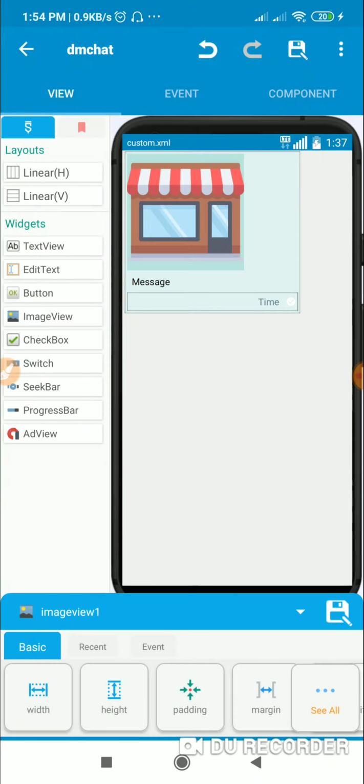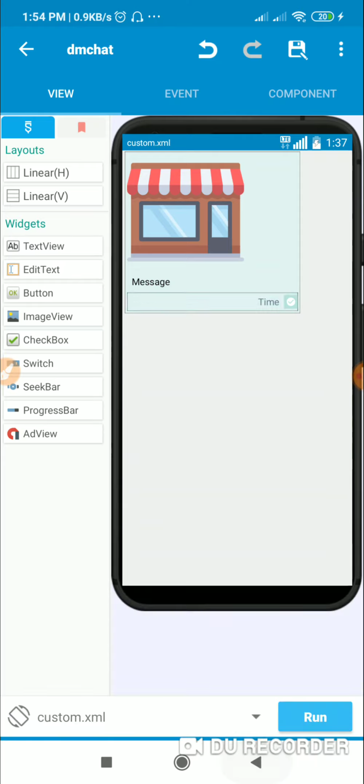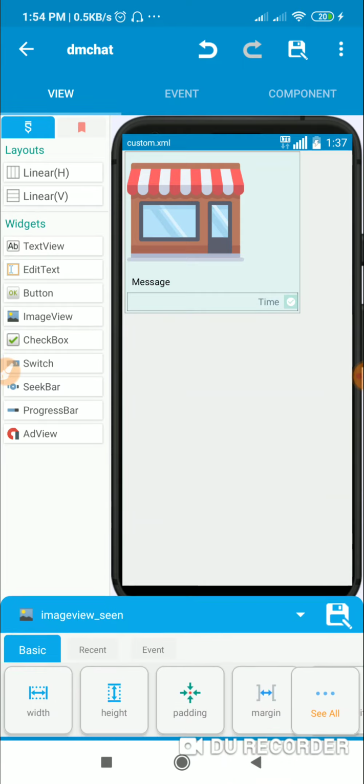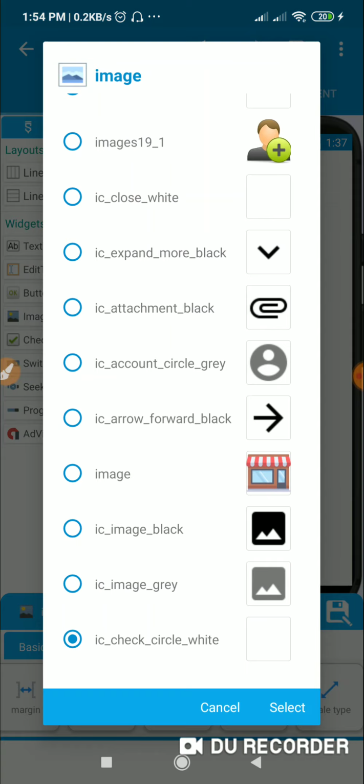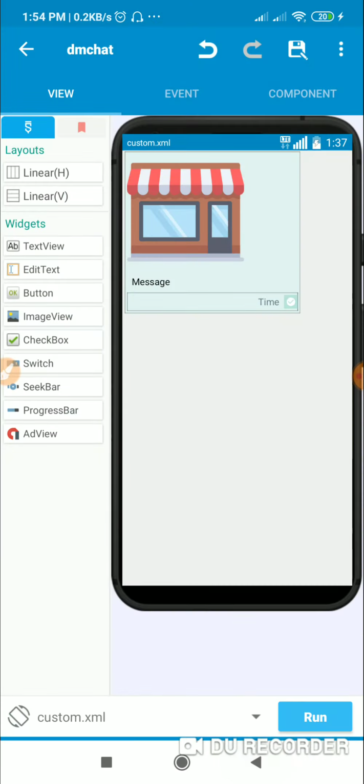It contains image view 1, text_message, text_time, and it contains image view_scene for which the image is this image view_scene.